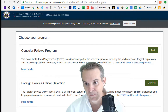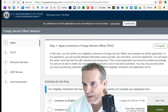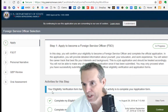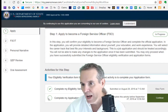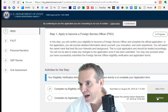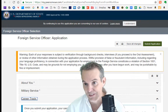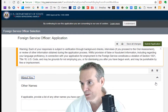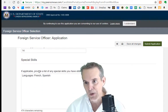You want to go into the FSOT, the Foreign Service Officer Selection portion. You have to fill out something called an Eligibility Verification form. And then in late August, I'm not going to take the test. I'm not allowed to. But the eligibility verification will kick you into other names, overseas experience, special skills, and